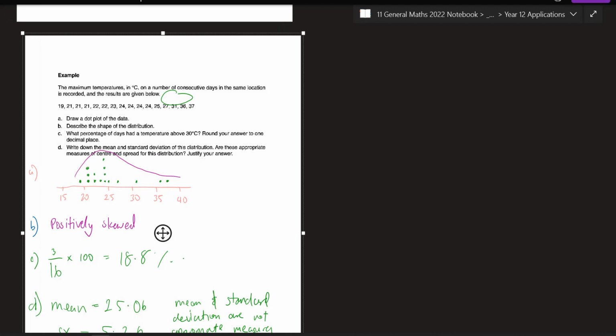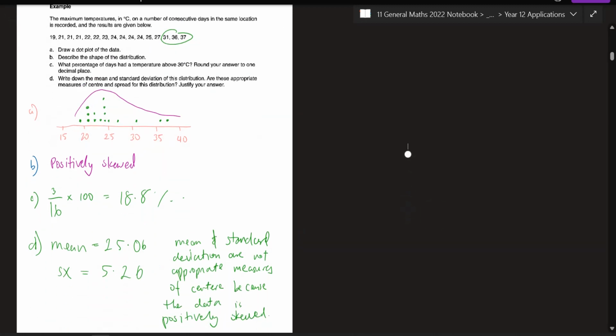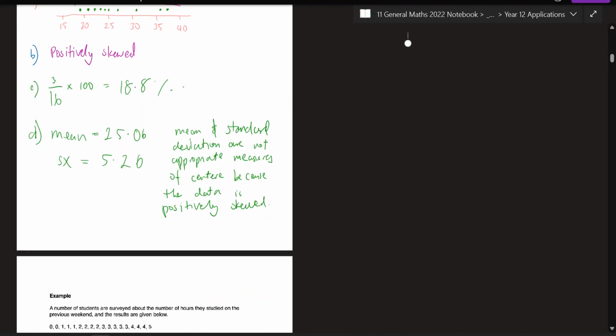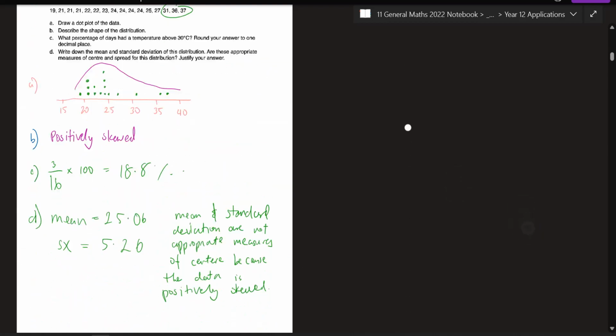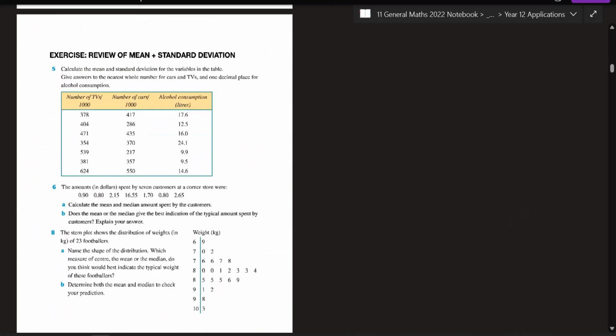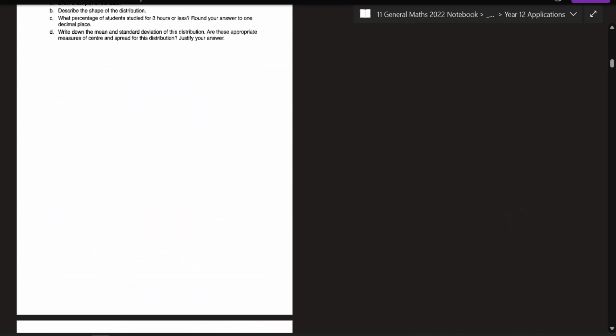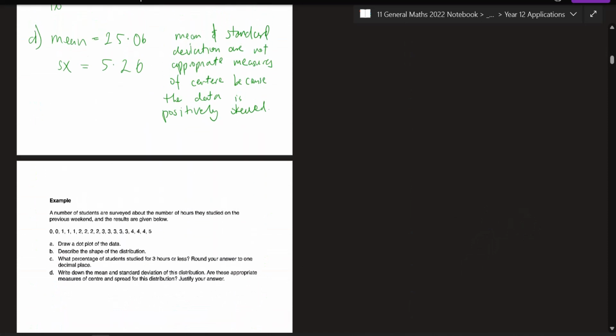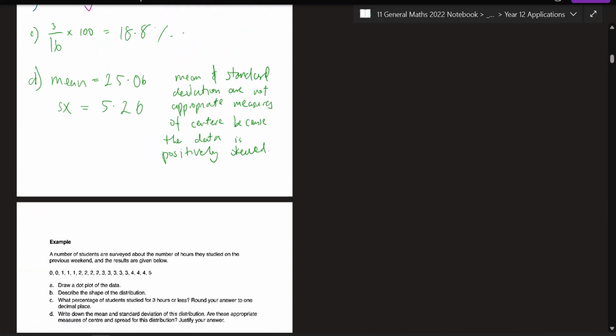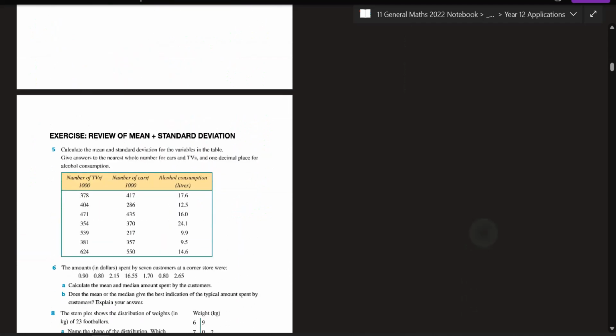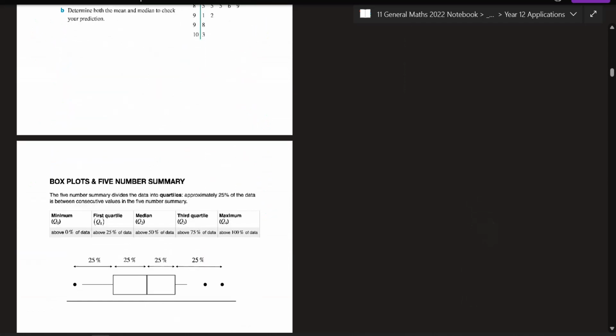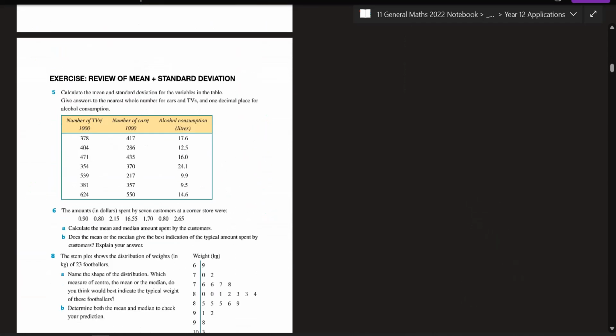Any questions with that? So pretty straightforward. All you're doing for the exercises is you're drawing your dot plots, you're describing the shape, and then you're telling me whether or not mean and standard deviation is appropriate. And you might be finding percentages for some of those shapes, but that's all you'll be doing for today's session. If you've done that already,